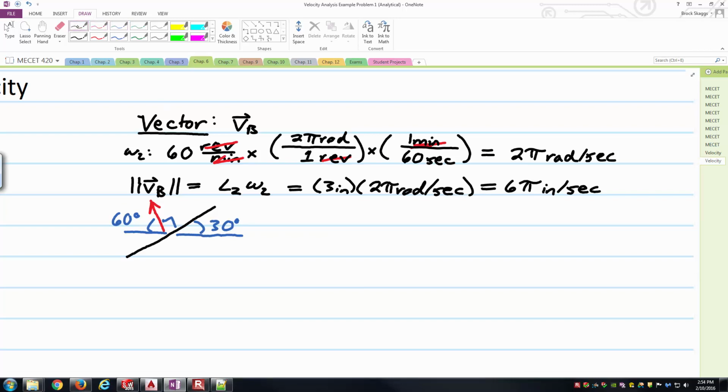Now that I know the direction that it makes with the negative x-axis, I should be able to break it into i and j components. I'll do that right here, and I'll say the velocity of B. We first think, okay, it's pointed in the second quadrant, so negative i and positive j. That would be negative 6 pi times the cosine of 60 degrees i, and then plus 6 pi times the sine of 60 degrees